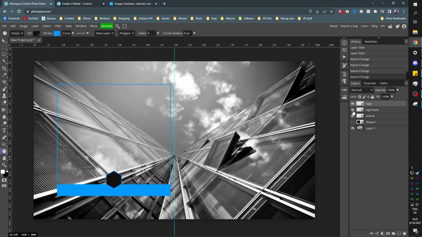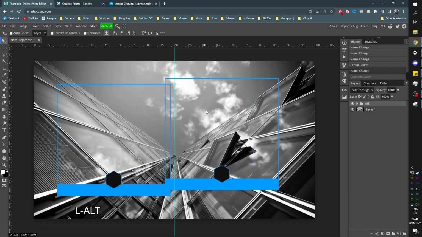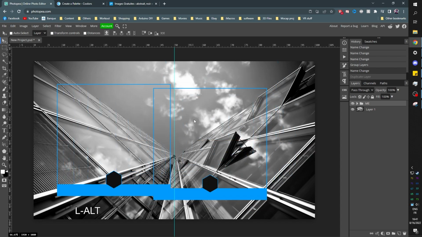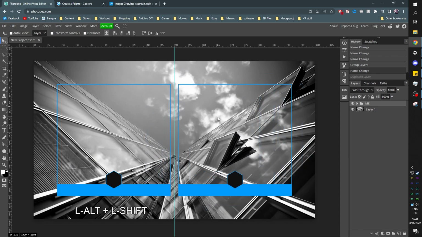All right, now what I can do is hold shift with this selected, click on the bottom one to select everything, press Control G to group up everything, and this is gonna be me, right? Now we're gonna duplicate this. There's 2 ways of duplicating. You can hold Alt, click, and drag up on the layers list. I'm gonna Control Z, we do that. Or while you have the group selected, you can hold Alt right here and then click and drag. The problem is that it's gonna go everywhere, so you can hold Shift, and now you can see it just slides over.